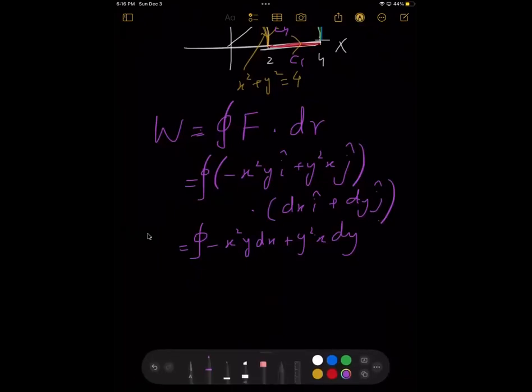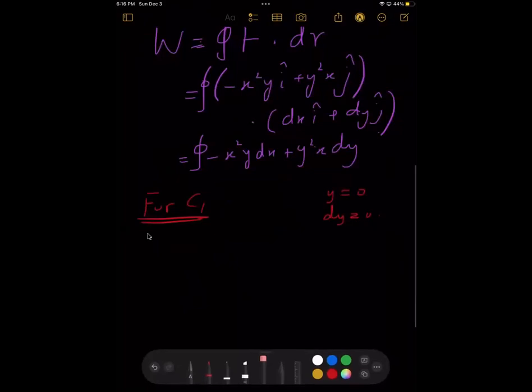For C1, which was in the red color, we have x going from 0 to 4, and y equals 0. It means dy equals 0. So if I write it correctly, on our C1,